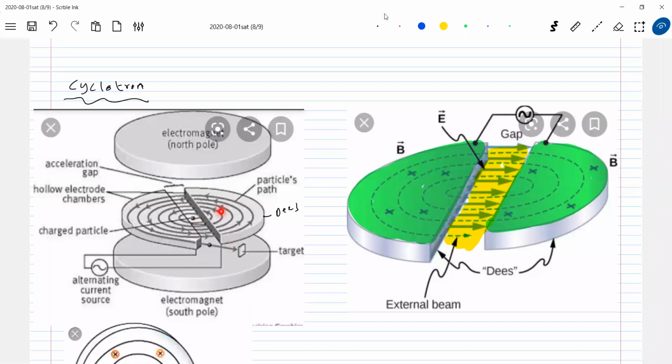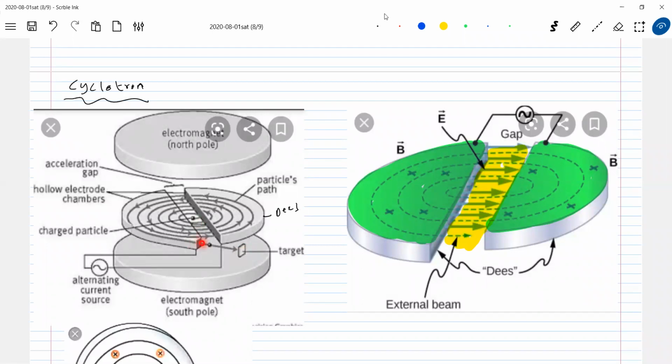Now you can see that. I'll leave the charged particle here. The field will accelerate it. So it is going to revolve in a circular path of increasing radius. And we know Q, M, B are constant. As R increases, V will increase. So when the charged particle emerges out, it will emerge with a high speed, of the order of a few mega electron volts. And with that kinetic energy it will go and strike some nuclei, some target. It's called a target, you can see here. So it will be channelized.